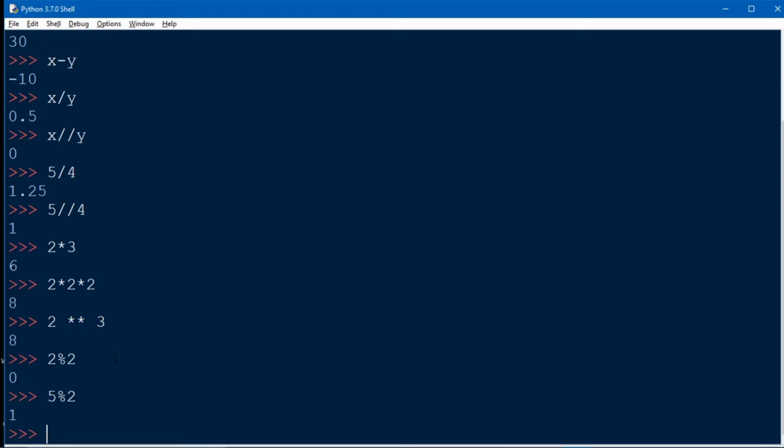Right? Let's suppose we have multiple operators and operands, then what will we get in our output? So let me show you one example of multiple operators and operands. So 5 plus 10 into 2 minus 5. So what will we get in our output? 20. But how do we get 20?